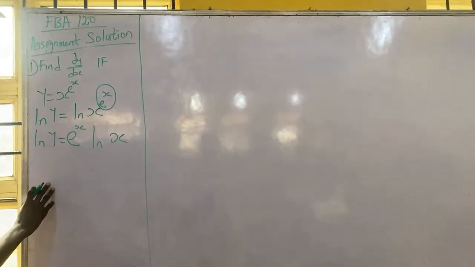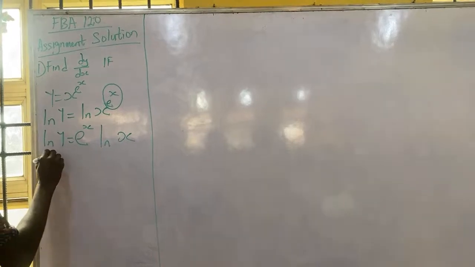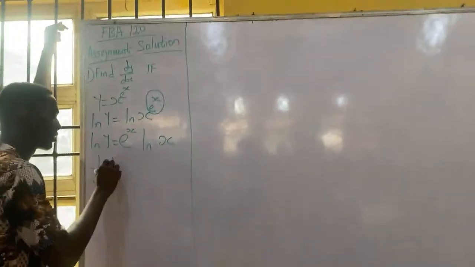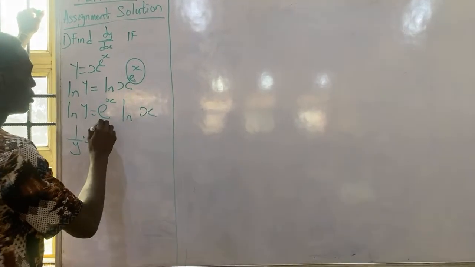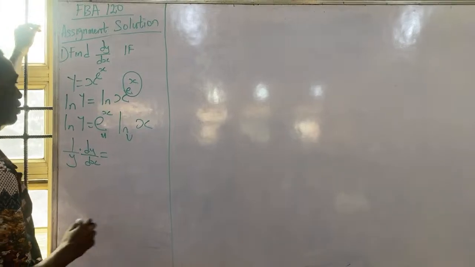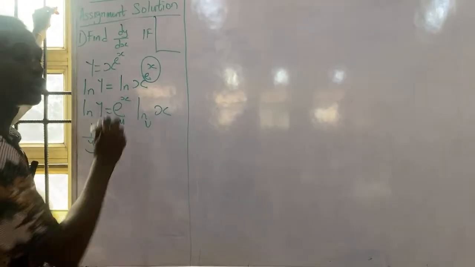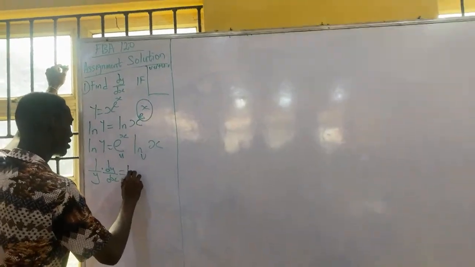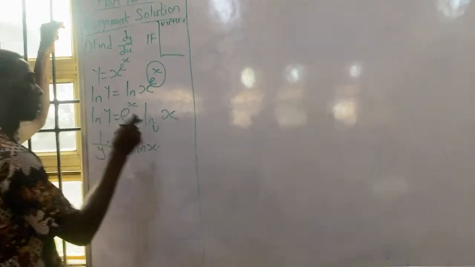So now we can successfully find our derivative of this. The derivative of ln y is what? 1 over y. But because we are finding the derivative of y, we have to add dy over dx. Now for this other part, you can make this u, you can make this v. Note that our formula for the derivative using the product rule is v times u derivative plus u times v derivative. So this is our v, this is ln x, times the derivative of e to the power of x. It is still e to the power of x, so you write it here,